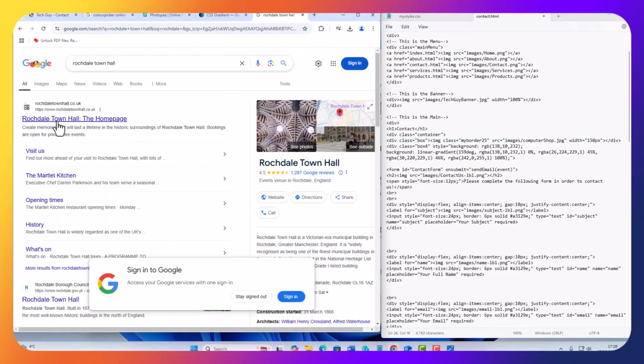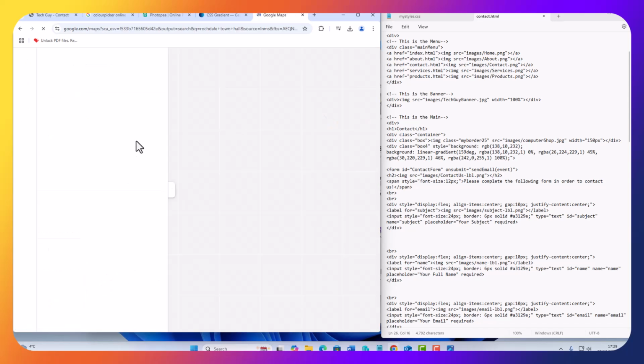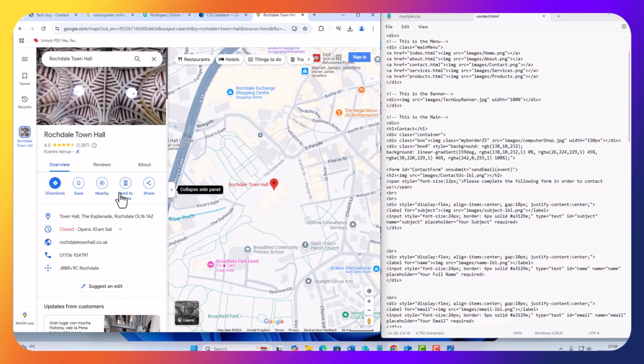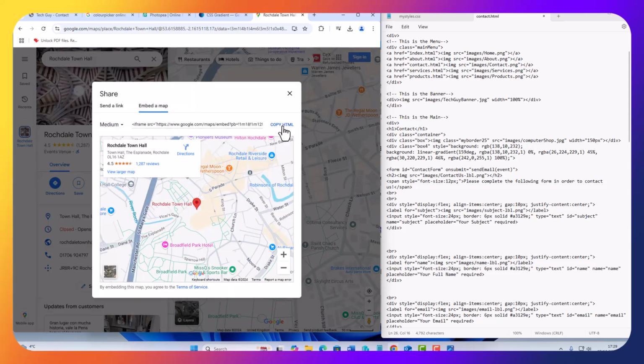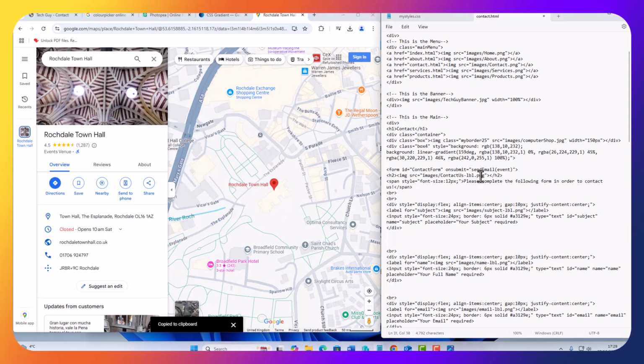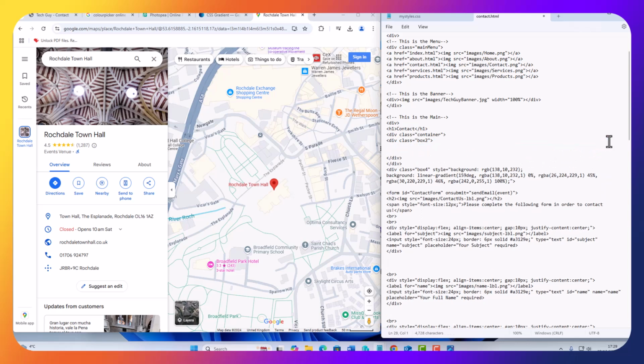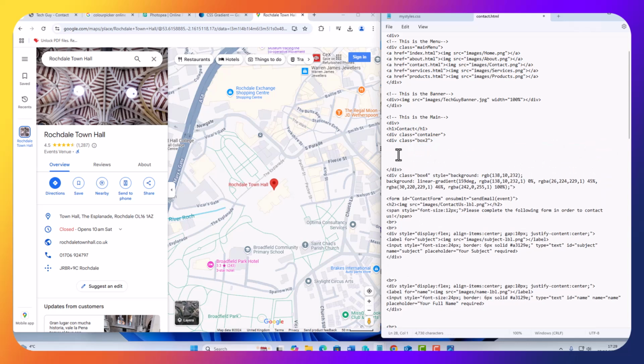And then we'll go to Maps, and then we're gonna get Share, then Embed Map. Let's copy the HTML map. Let's put this HTML map instead of this picture. So let's Control Z to undo here. Okay, instead of this image, we're gonna put the map here,